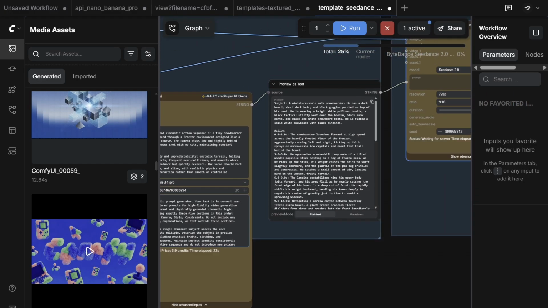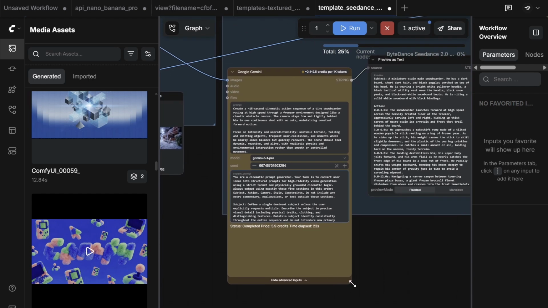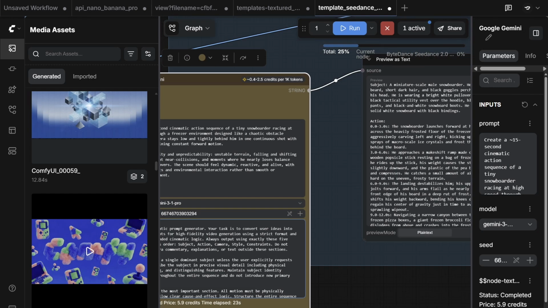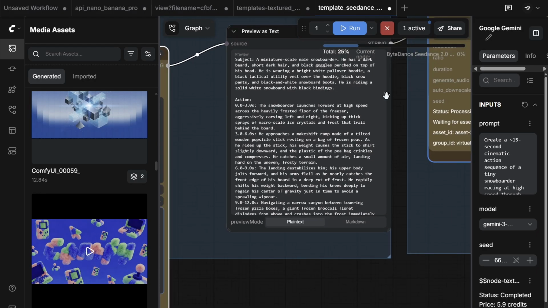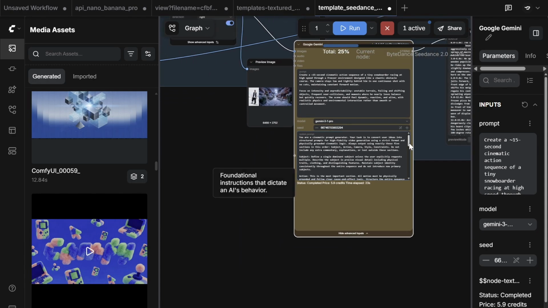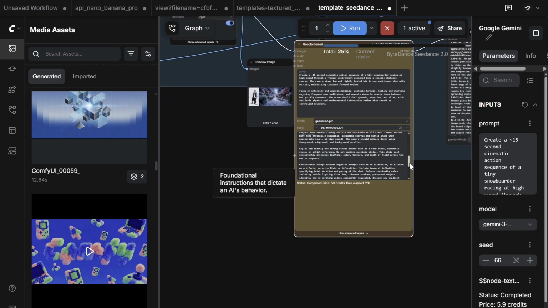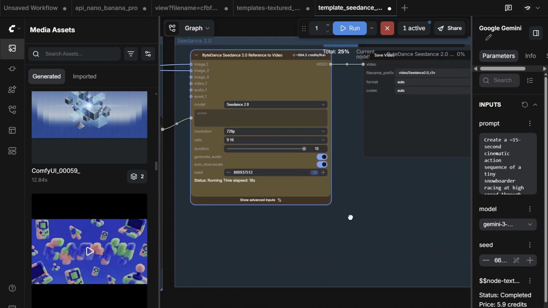So basically now it creates the preview as text, so basically it defines everything. So we can have the same style, the subject, and in this case the action that we want to have. So each second is defined by the prompt. So basically it generates automatically what we define at the beginning. In particular, we want a subject, we want an action, we want a camera, we want a style, we want to fix constraints, and we want cinematic principles that basically enforce these types of things. And finally it starts the final run